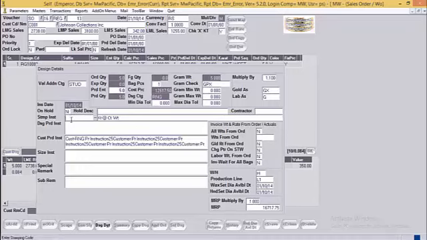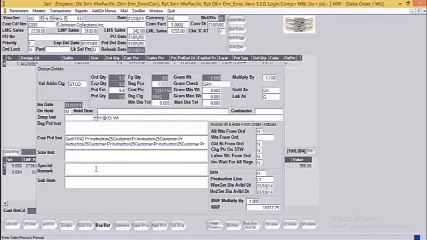Next is stamping instruction, which system will get from the customer master. If required, it can be changed over here at the order level. Design production instruction, the value system will get from the design master. Same for customer production instruction, the defaults will come from the customer master. Size instructions, if user needs to specify any size instructions, can specify the details over here for sizes.